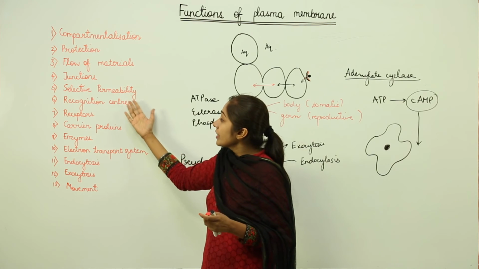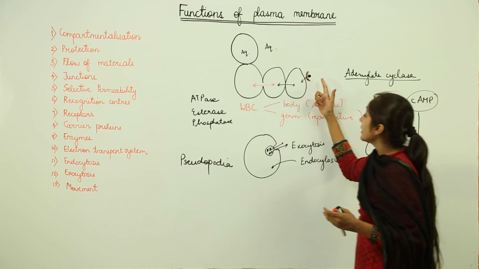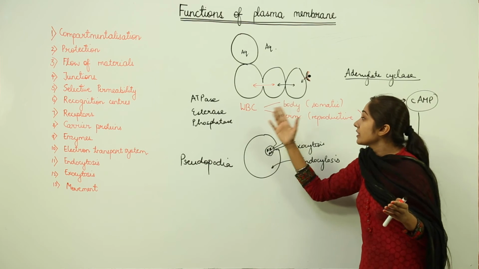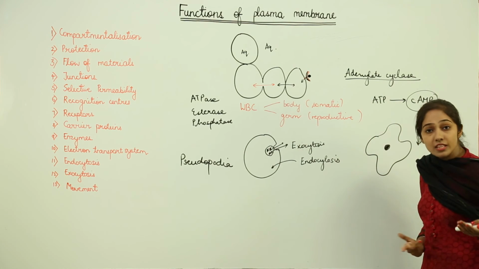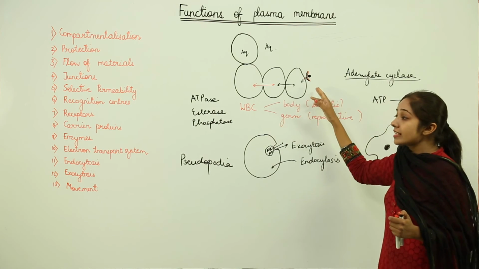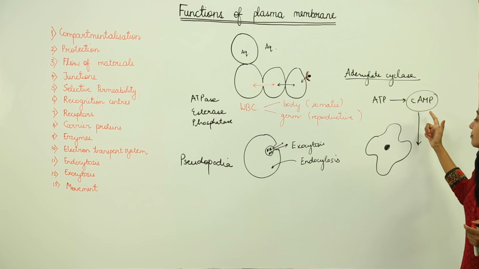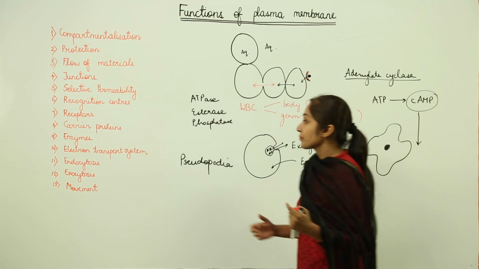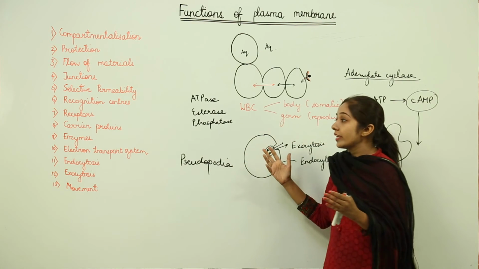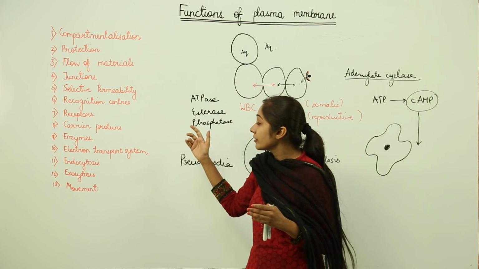Then we have discussed selective permeability. Then we have certain recognition centers that are going to recognize, for example, WBCs will recognize whether the cells are the somatic cells or the germ cells of a body. Then we have receptors which are going to receive the hormone or the enzyme. I have given an example of adenylate cyclase. It converts ATP into what? Cyclic AMP, which further triggers certain reactions in the cell. Then we have carrier proteins that also allow the exchange of materials. The materials that are polar or very big molecules can go inside because of these carrier proteins.